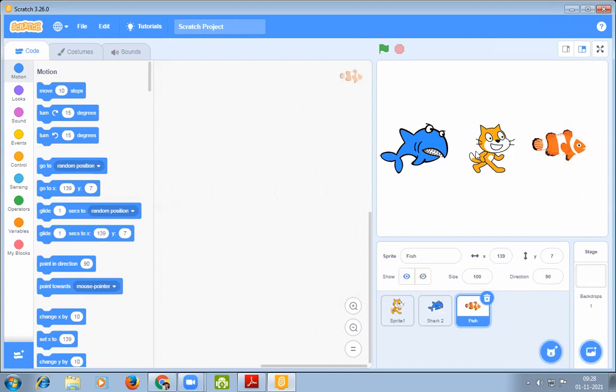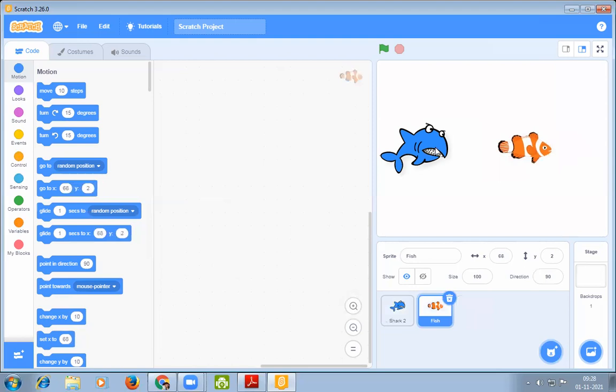Then there are three sprites on the same frame where shark and fish belong to water, whereas cat is a land animal. That's why we have to delete the cat sprite from here. To delete the cat sprite, we have to select sprite 1. You can look at here. This one is sprite 1. You have to select it. Then a dustbin icon appears here. You can just delete it. Then yes, it is deleted. Okay, so students, according to our requirements, there are two characters present on this screen.